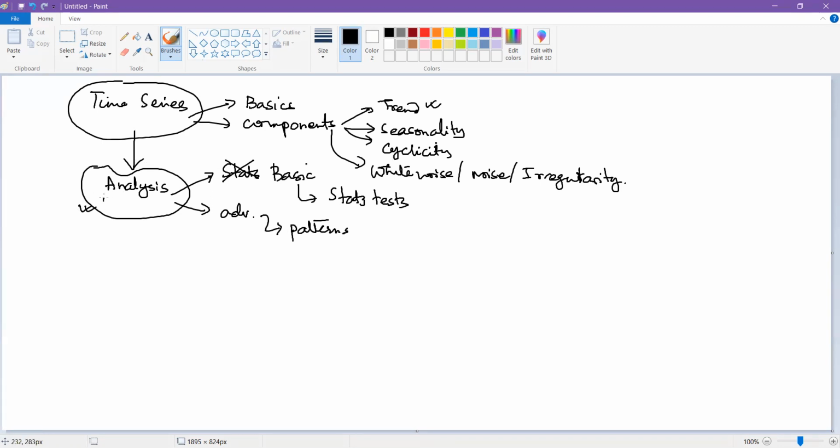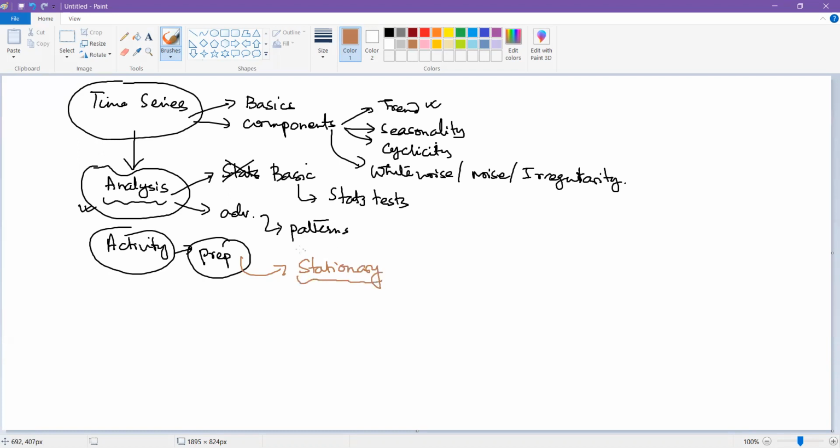Now, before we start doing this analysis, one activity that we need to do, or you can also call it the preparation before you do any analysis, is this. And this is going to sound a bit weird. There will be questions. I completely understand if there are doubts in this part. The preparation is going to make the time series stationary. This is the basic prep that we need to do,